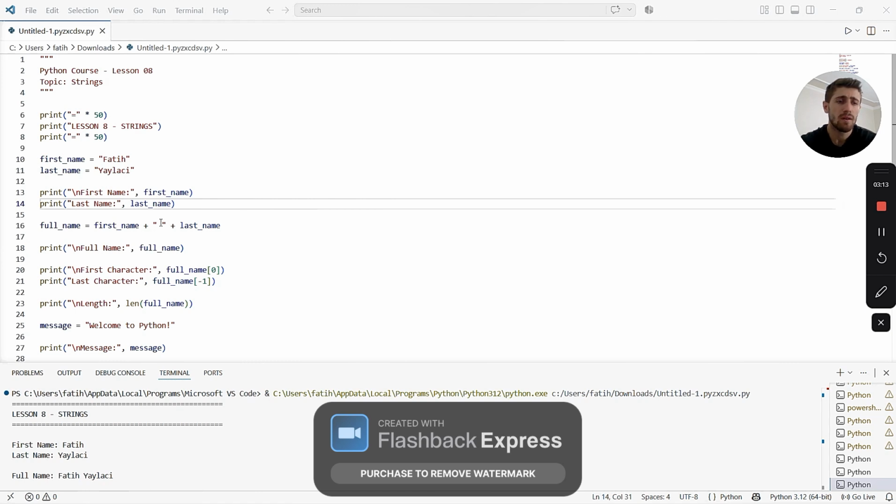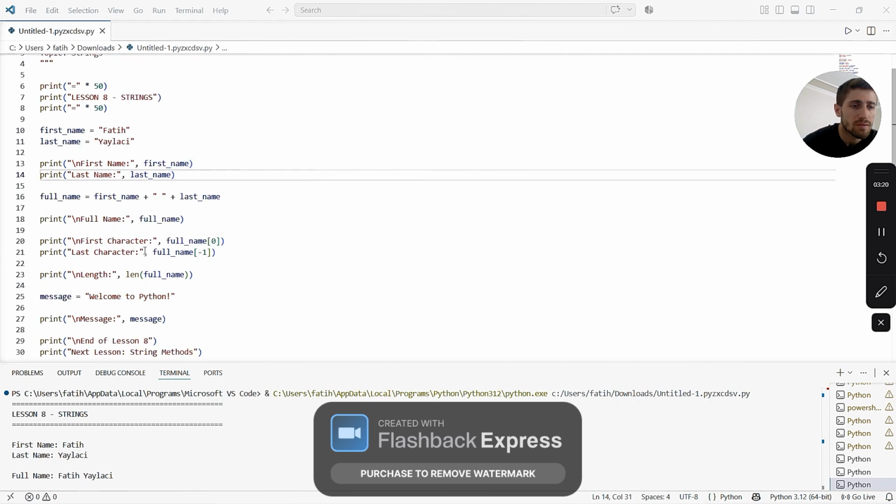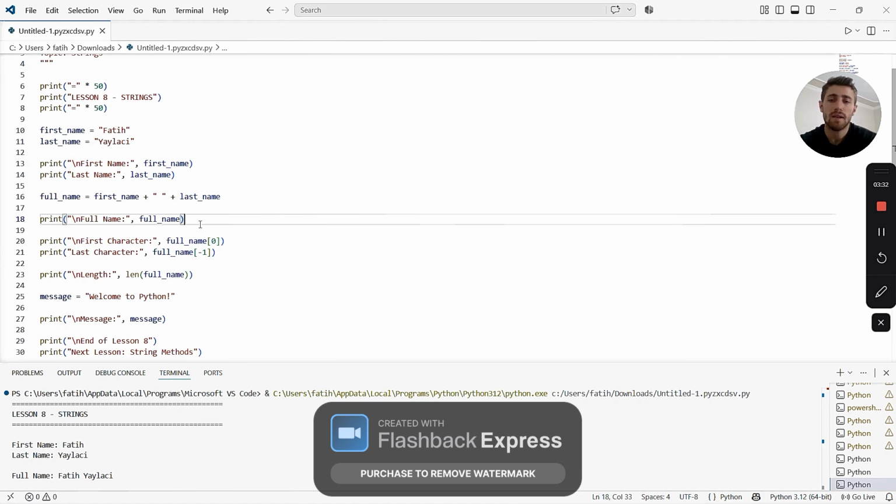And full name. Strings use index numbers. Index 0 means the first character, the result is F. Full name 0 gives the first character, and for the last character, full name